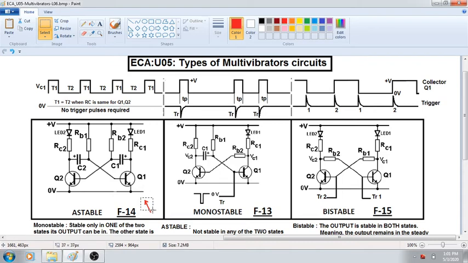So let us try to get a clear idea about these three. We should be able to recognize them very easily when we see them for analysis later. Now just above each of these circuits we have the waveforms. This gray line here is the 0 level for the trigger. So I am calling this the trigger. Whenever a trigger pulse is given, what happens at the collector of Q1 in all these three cases, astable, monostable and bistable, we will try to understand by looking at the waveforms at the top. So let us start.